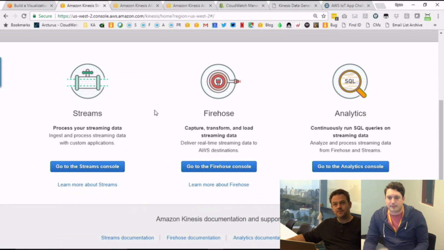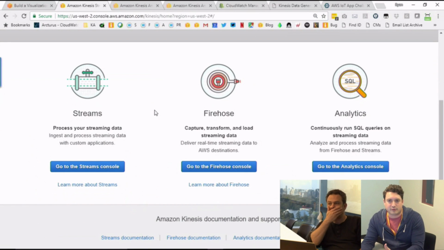An example might be an IoT sensor with a temperature reading coming in. The only temperature readings you care about are those above a certain amount. Analytics will allow you to filter to that and then react to it in real time.